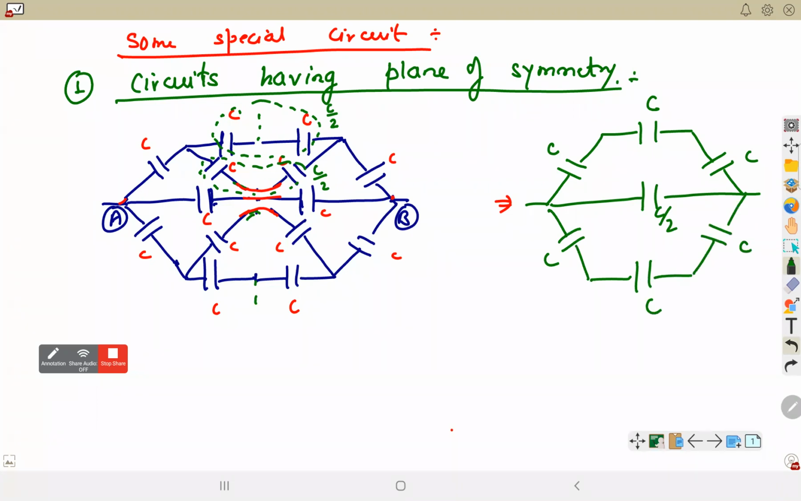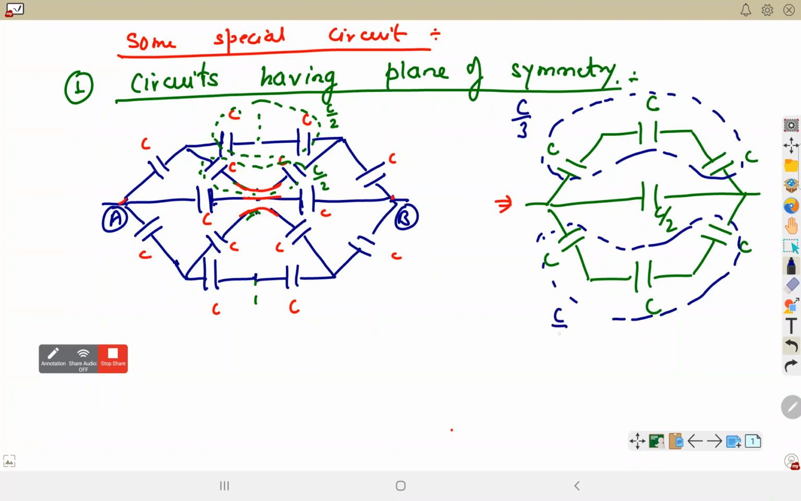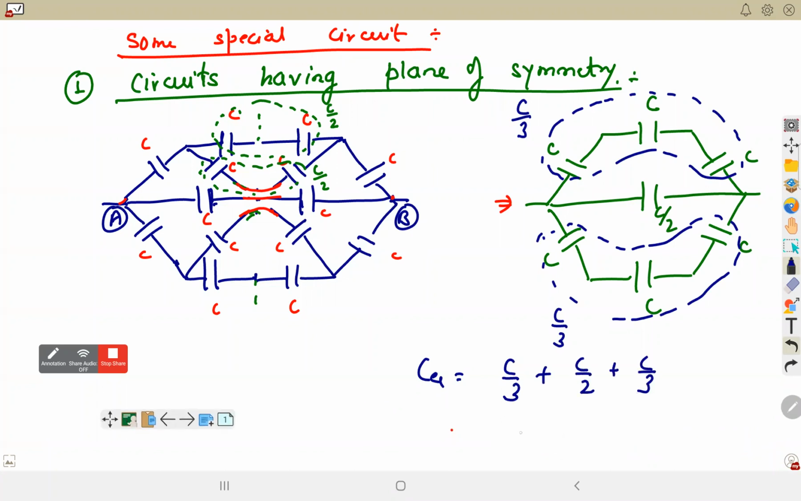We did one such question. C in series, C/3. In the middle one, it was C/2, only 2 in series. And the third one, C in series becomes C/3. These three are in parallel, C/3, C/2, and C/3, which becomes